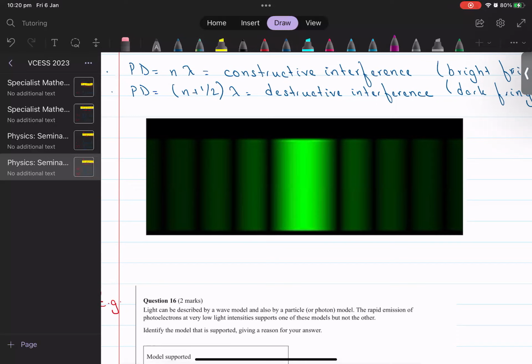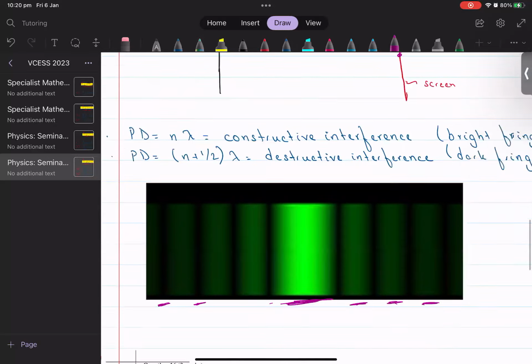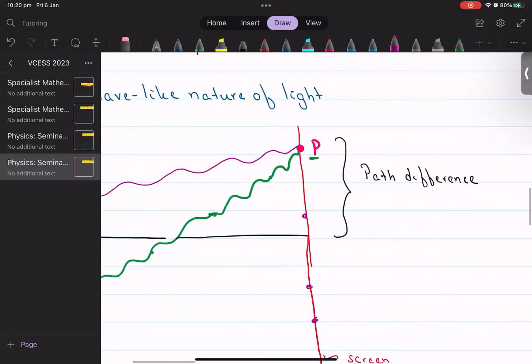But what you see here are a series of bright bands like this one, bright band, bright band, bright band. But you also have dark bands that are like this. You have sets of alternating bright and dark fringes. Now, why does that happen? If we go back up,